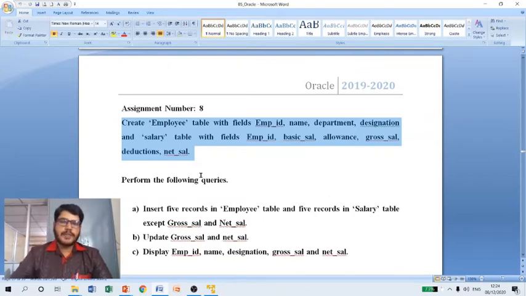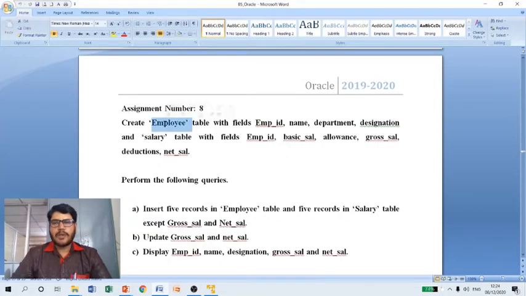Here in this case, they have asked you to create an employee table. Employee is the name of the table, with the fields employee ID, name, department, designation. These are the field names for the employee table.